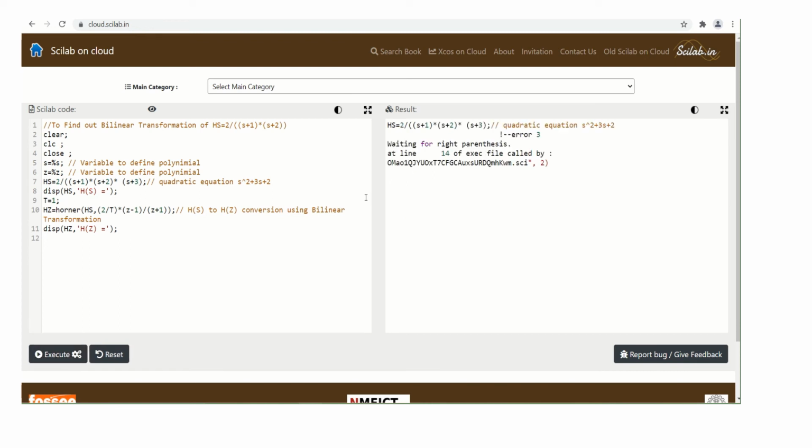this shows an error. So now we will execute. It shows some type of error.